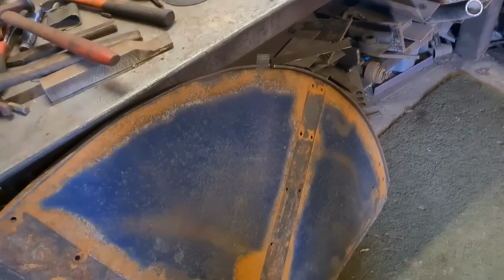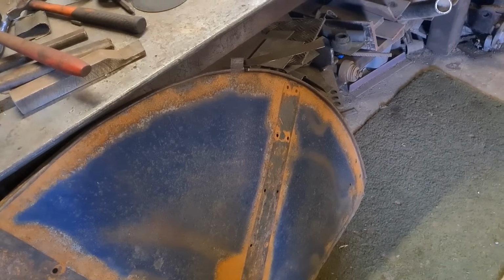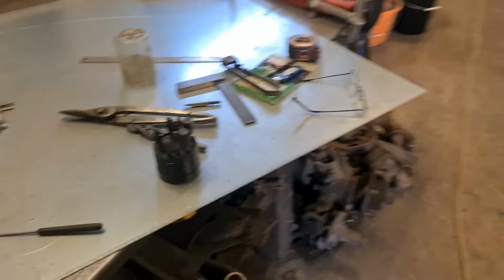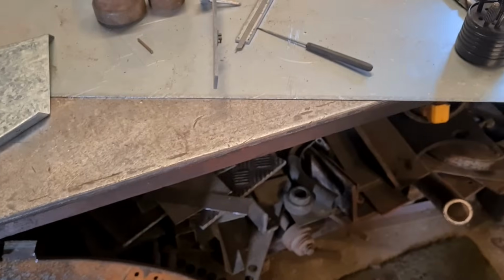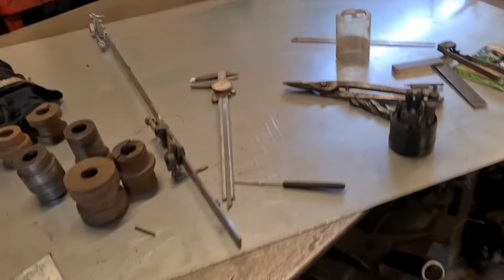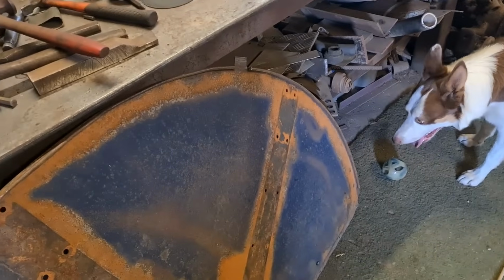I'm a bit more mechanical than that, so for me a bead roller is the tool to have to finish it off. I've always thought, well, I ought to buy a bead roller, but never really got around to it. But by doing this roller I've got now and adapting it to do my job, I can see that afterwards I would probably buy another machine, because I have been thinking about